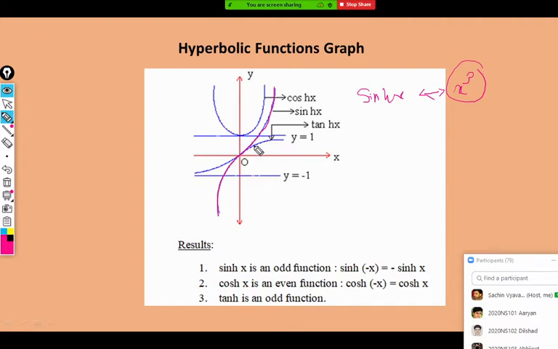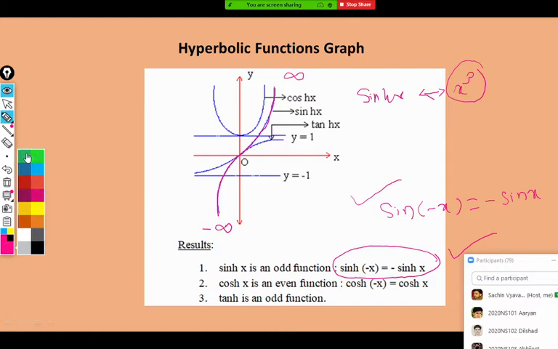Sin hx is an odd function first of all. You will observe the graph is in opposite quadrants. So just like sine of minus x is equal to minus sin x, in the same way, sine hyperbolic of minus x is minus of sine hyperbolic x. So there are similar properties for sine and sine hyperbolic because they are odd functions. Again, what is the minimum value of the sine hyperbolic function? That is minus infinity, and the maximum is plus infinity. So the range of sine hyperbolic is minus infinity to plus infinity. I hope you got it. So that is about sine hyperbolic.